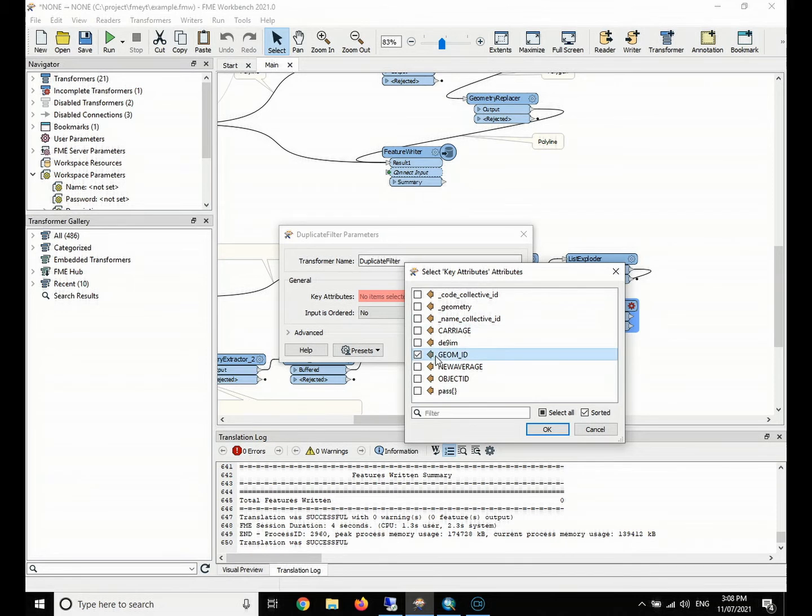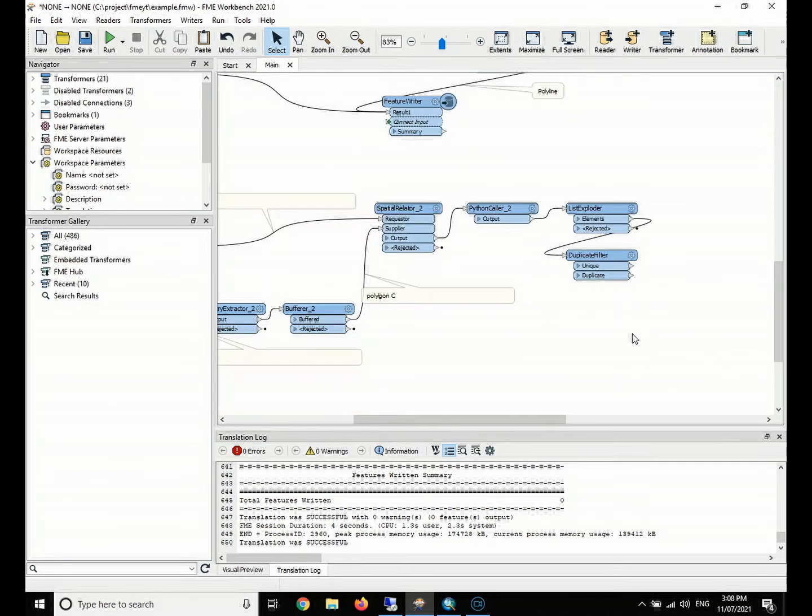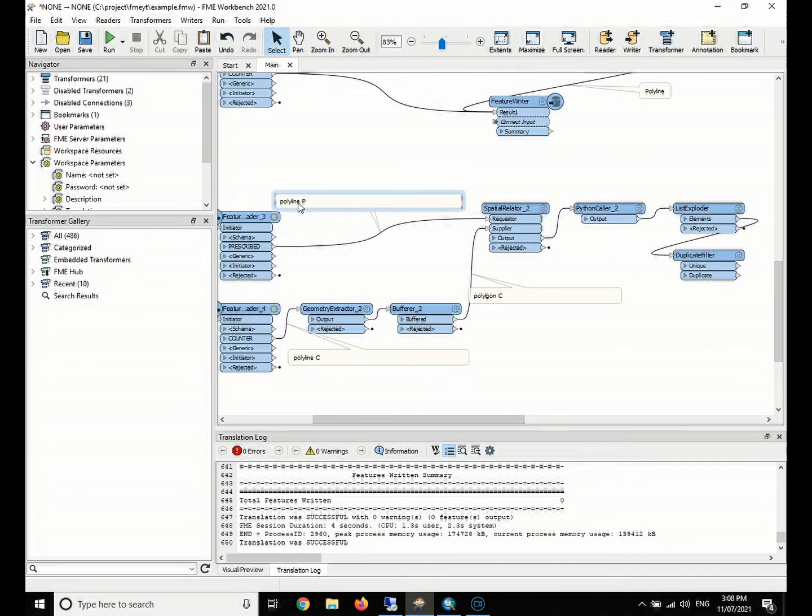Okay, and then we will use the unique ID to filter out the duplication. So after this, we can see the output is the polyline P with all explode attributes of the polyline C, which means that the geometry is still the polyline P,